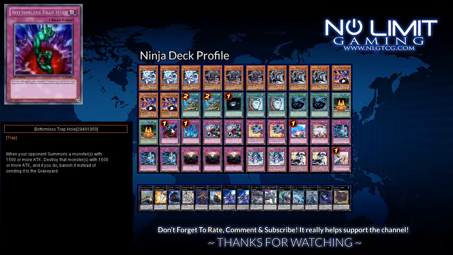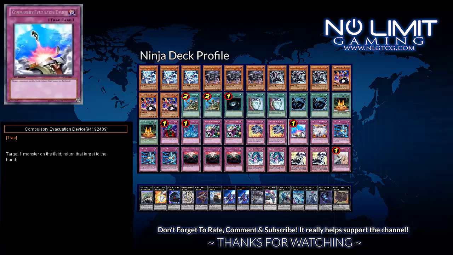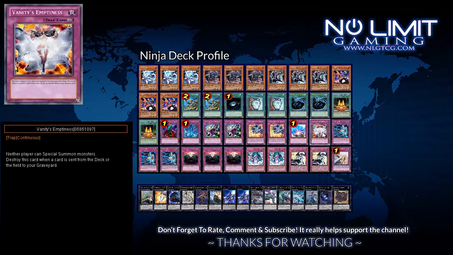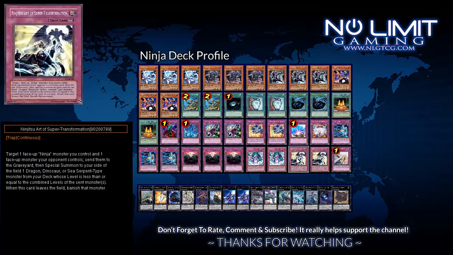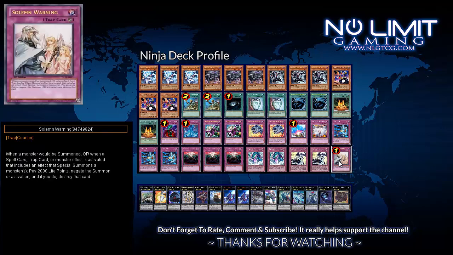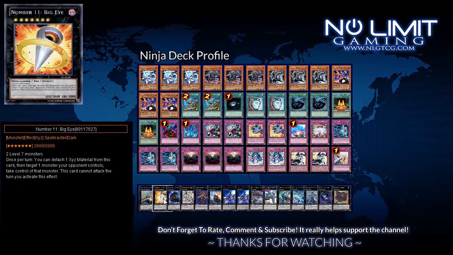Traps, we have 1 Bottomless Trap Hole, 1 Torrential Tribute, 2 Dimensional Prison, 2 Breakthrough Skill, 1 Compulsory Evacuation Device, 1 Vanity's Emptiness, 3 Safe Zones, 3 Anti-Spell Fragrance, 2 Ninjutsu Art of Transformation, 2 Ninjutsu Art of Super Transformation, and 1 Solemn Warning. Extra deck, we have 1 Mecha Fan of East Dracosac, 1 Number 11 Big Eye, 1